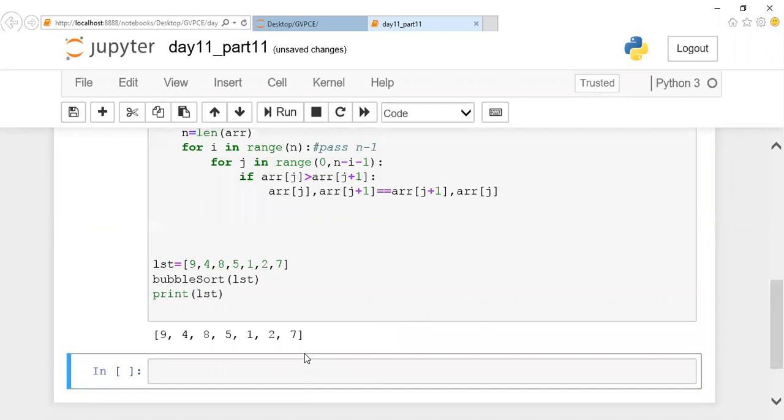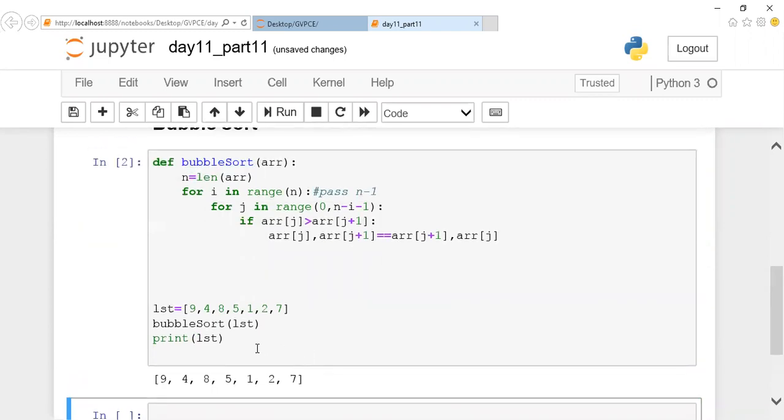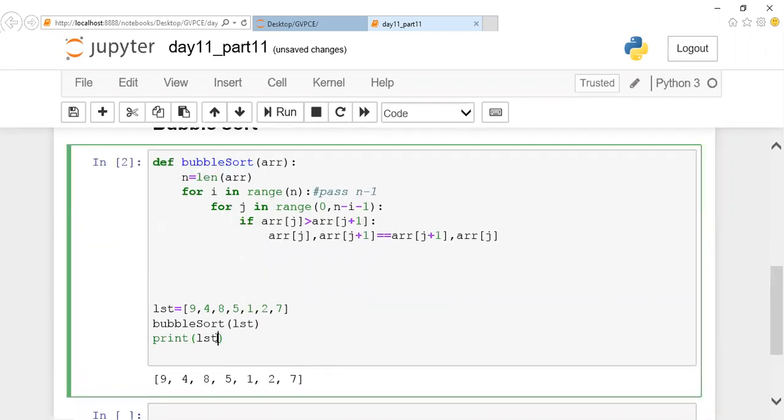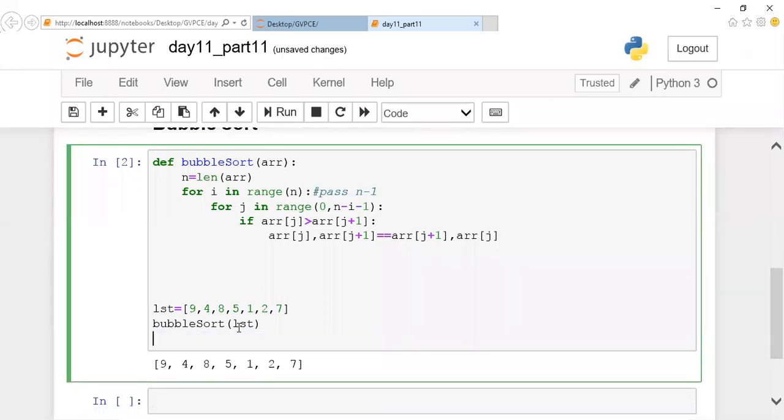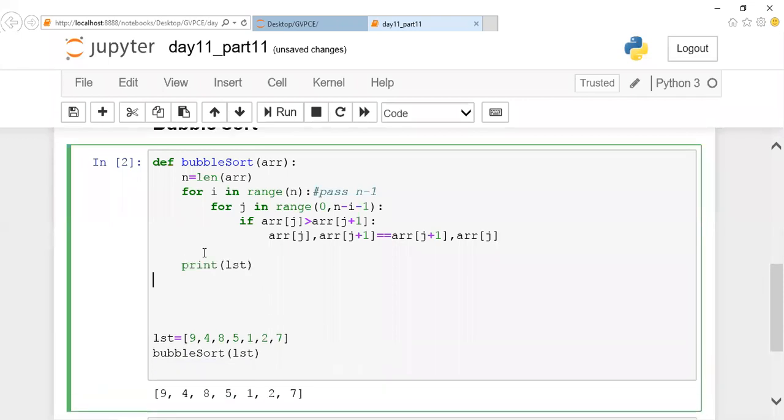What is this? Just a minute. Is anything missing? I couldn't find anything missing, but why isn't it sorting? We'll try to print here itself.